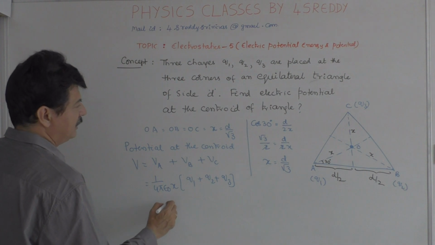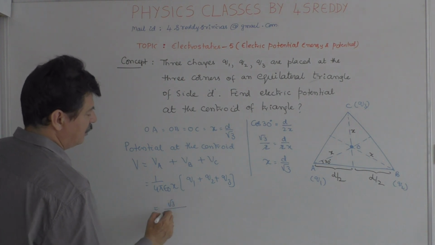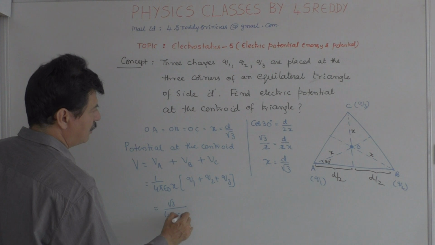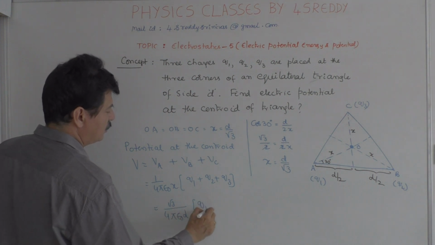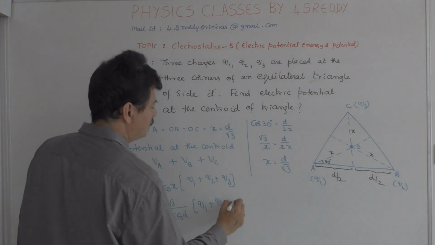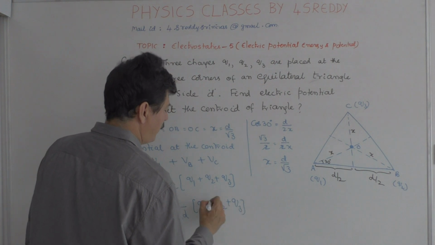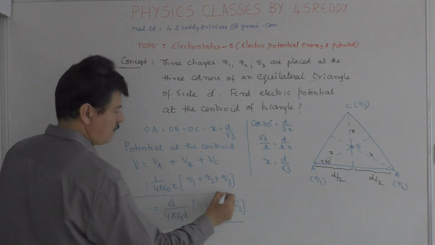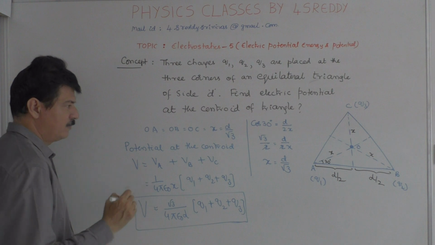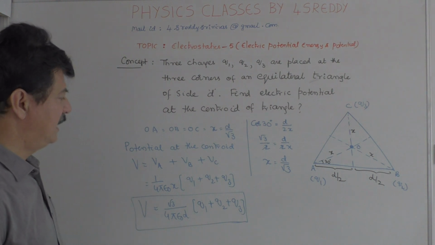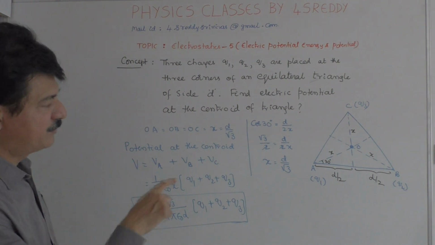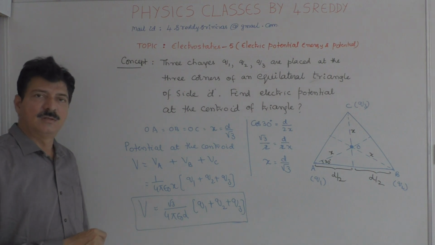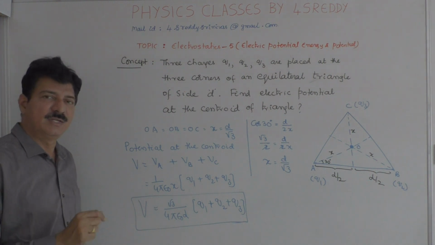Therefore, it is root 3 by 4 pi epsilon naught D into Q1 plus Q2 plus Q3. This is the electric potential for a system of 3 charges placed at 3 corners of an equilateral triangle of